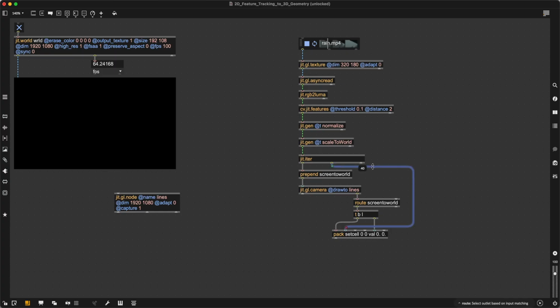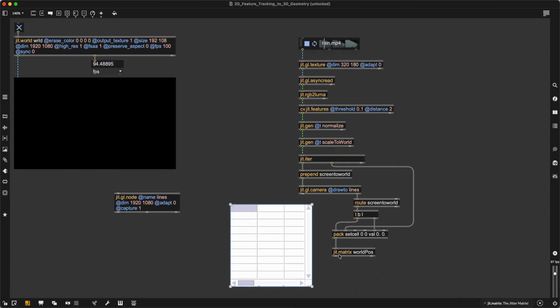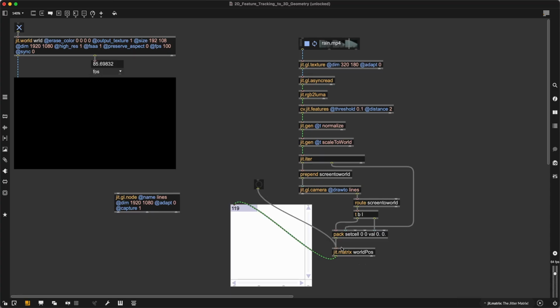Yeah. And then we can create our final matrix. Let's call this one world pos. jit.cellblock. Let's see what we're getting out of this one. Okay, this doesn't seem right because first we need to set